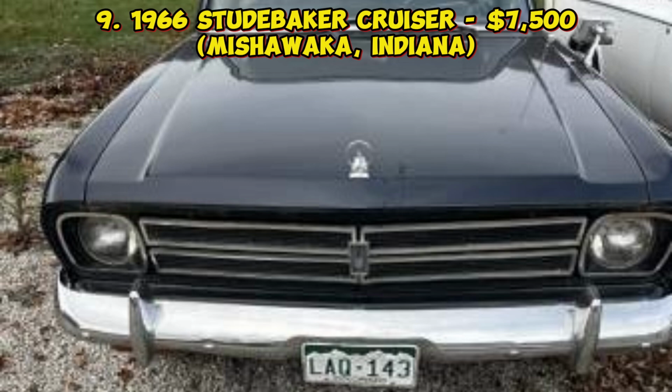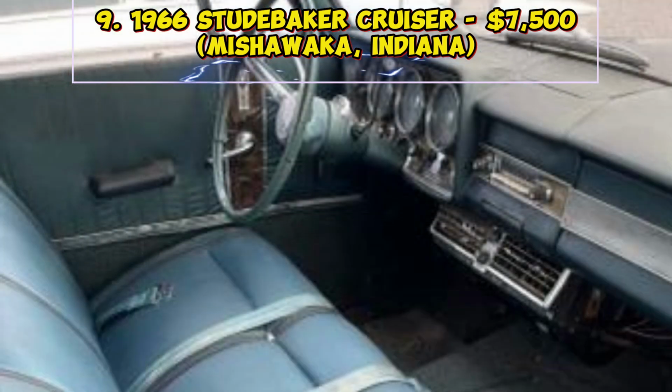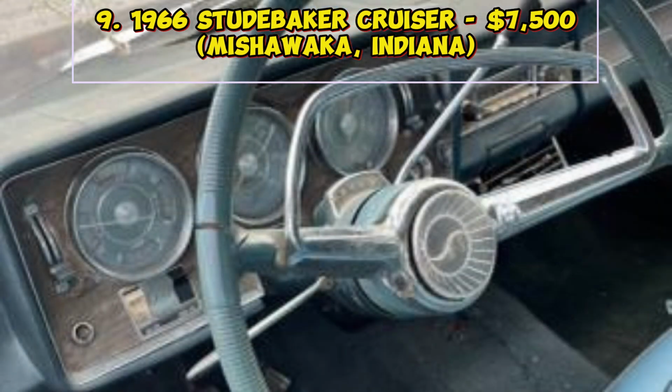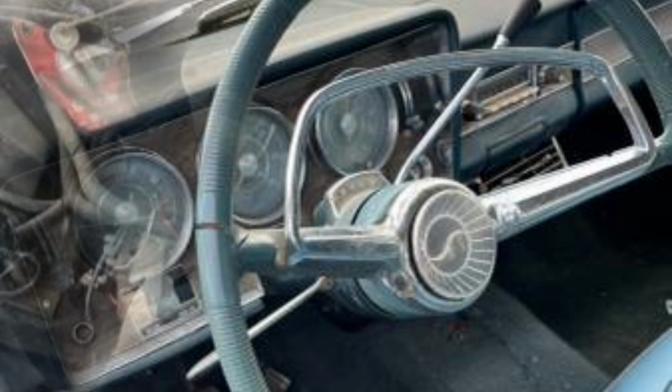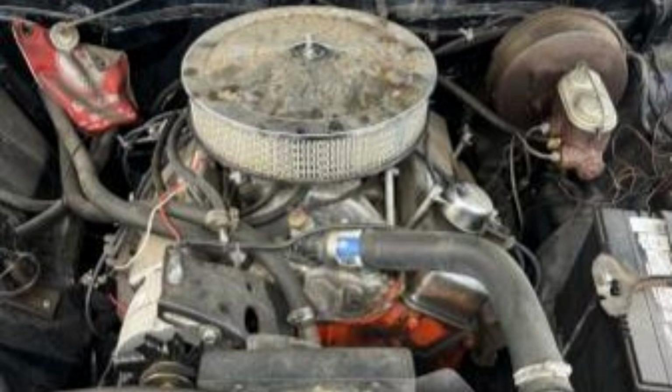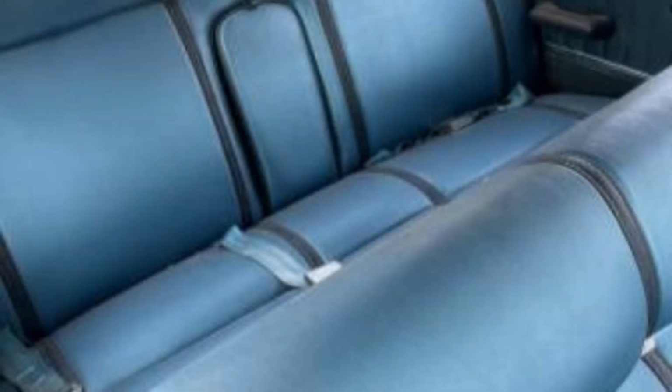Nine, 1966 Studebaker Cruiser, $7,500, Mishawaka, Indiana. A rare sight on modern roads, this 1966 Studebaker Cruiser is equipped with a GM 350 V8 engine and automatic transmission. With a midnight blue exterior and an updated interior, it's in good condition with new brakes, tires, suspension, and